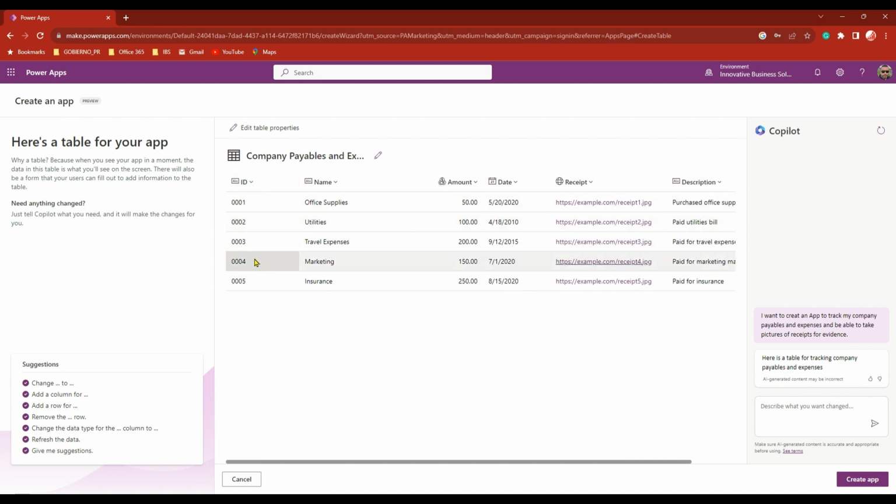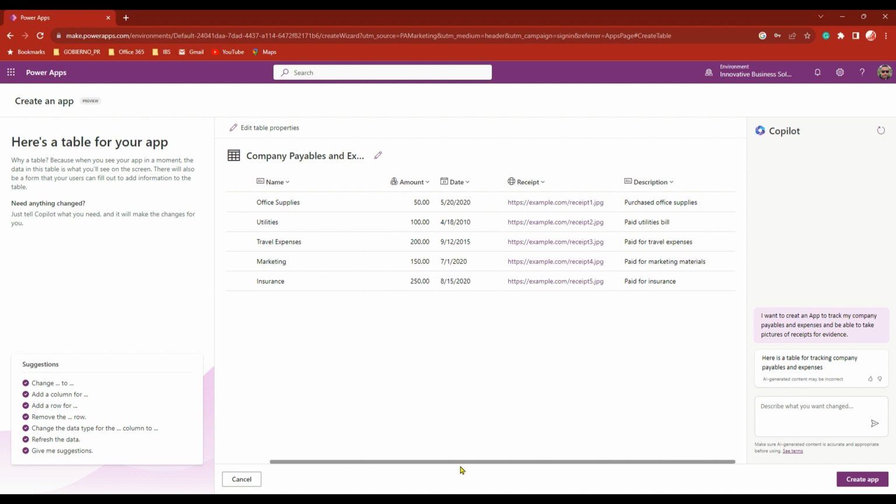So you're always going to have an ID, then you're going to have a name of that specific payable, then you're going to have an amount, you're going to have a date, and then you're going to have a receipt and a description, which is great. Mostly all those payables you can just track with that information. There's probably more information you can add in other places, but in this case, I think for this simple app, this will work. Now, let's say I want to add a status, because I never mentioned adding a status